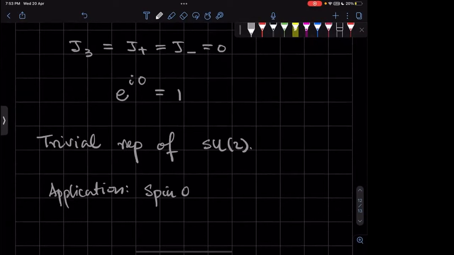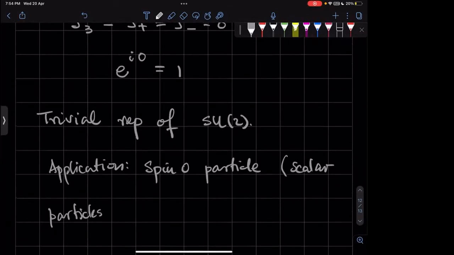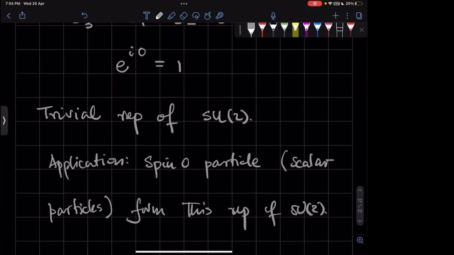Spin 0 particles, which are known as scalar particles, form this representation of SU2. Even the trivial one is important. Okay, now let's look at the next case